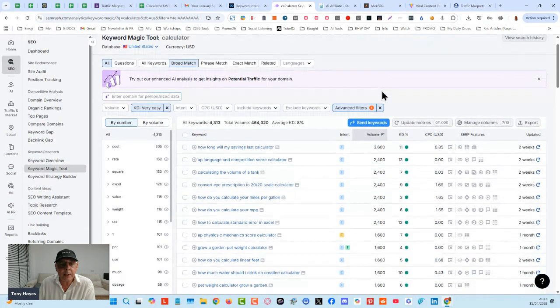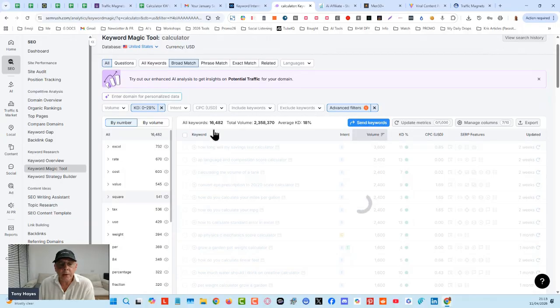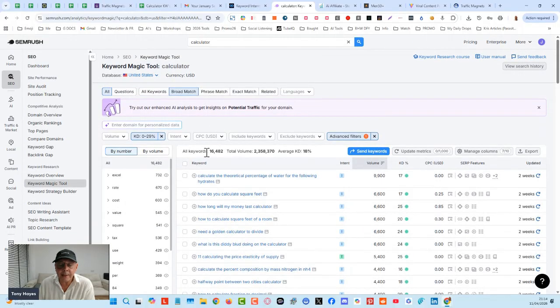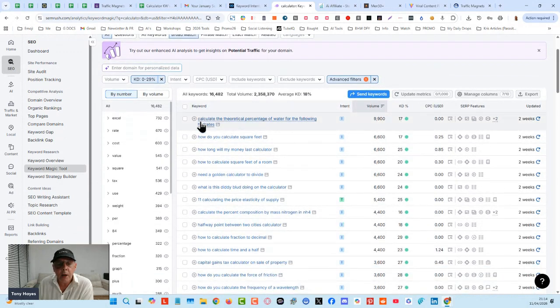What we will see here is that I have put in the keyword difficulty of 0 to 14%. Let me just raise that to 0 to 29%, because that's what SEMrush thinks is easy to rank for. You can see here we've got 16,000 keywords. I can tell you there's a lot more than that. I've got 33,000 already, and we're building up to 100,000 of those keywords. When we look at the search volumes in here, you will see there are keyword phrases with a lot of words, but they're getting huge amounts of search volumes.